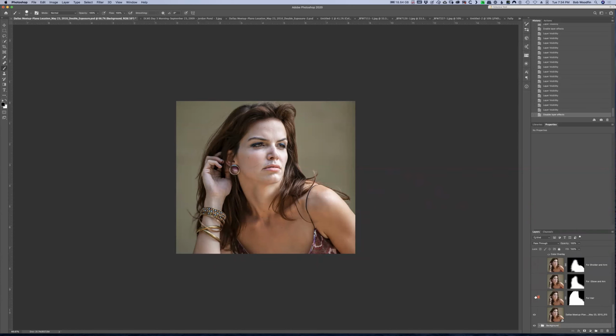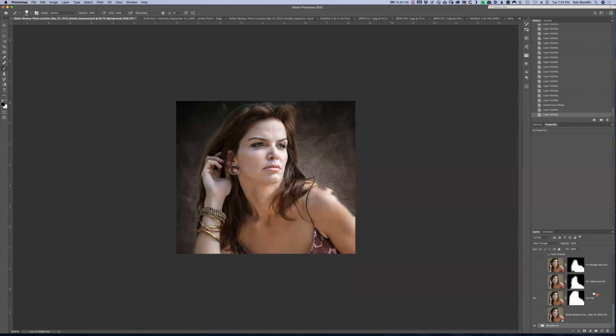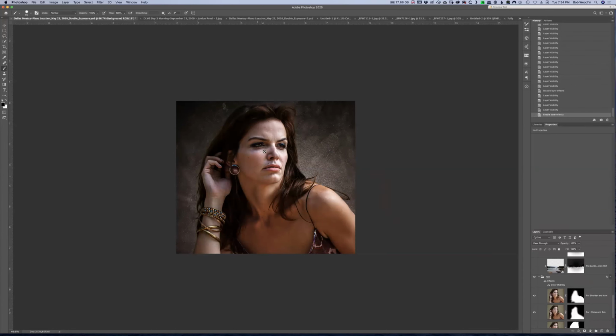So I did a selection, and then I did select and mask. And when I did select and mask, I did it in 3 stages. I did select and mask for her hair, I did select and mask for this arm, and I did select and mask for this elbow here. And I'll explain that at some point down the road when we get into select and mask why I did 3 of these. But if you look, she turns out okay. And then if you turn the effects on, she becomes pretty dark here, but it blends in pretty nicely once we're done. So then I brought in this